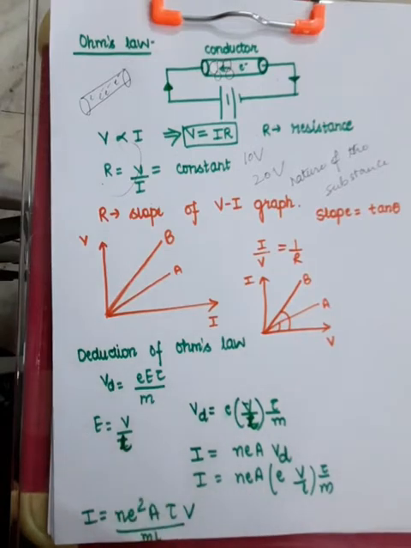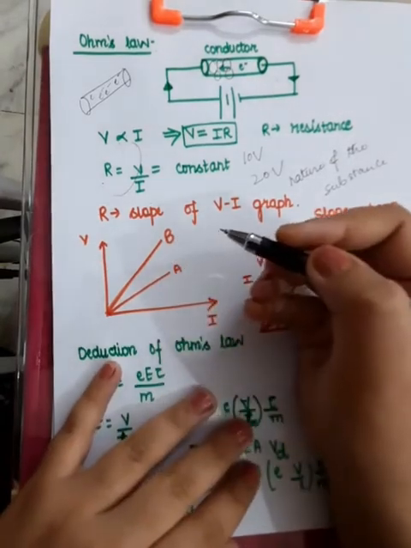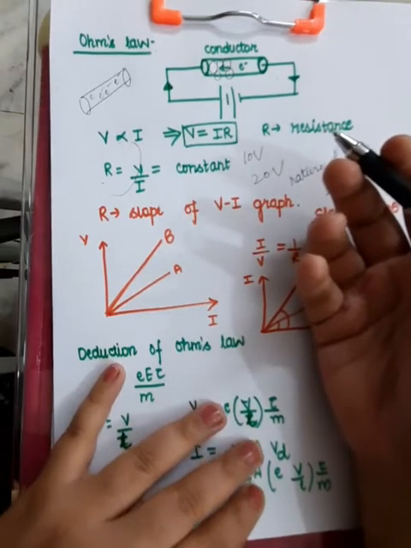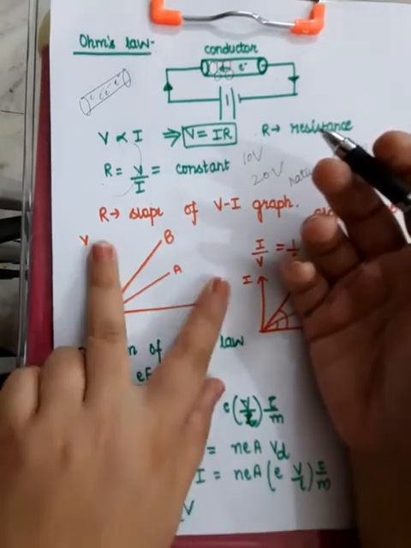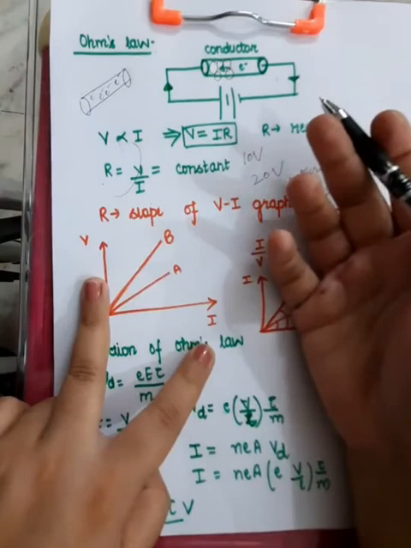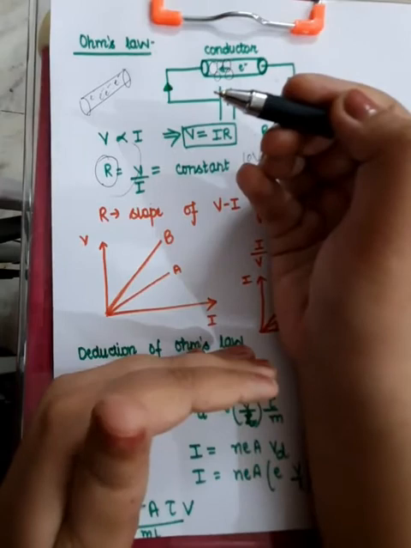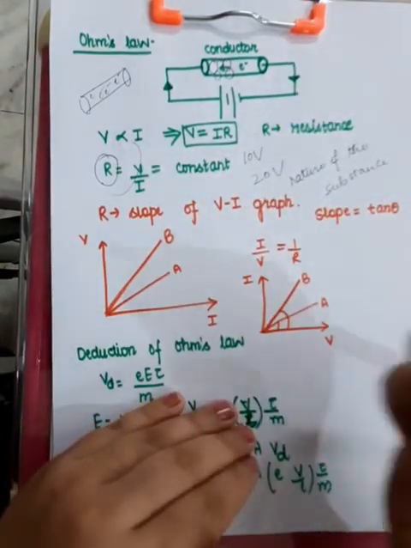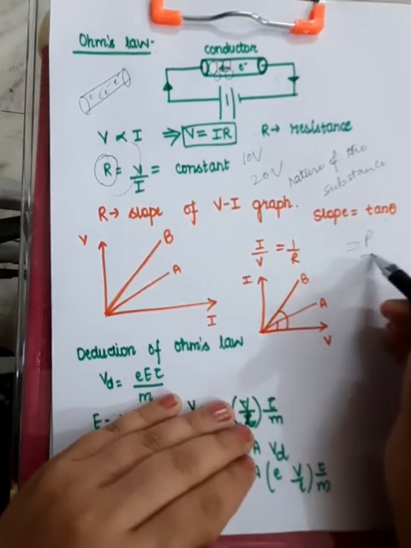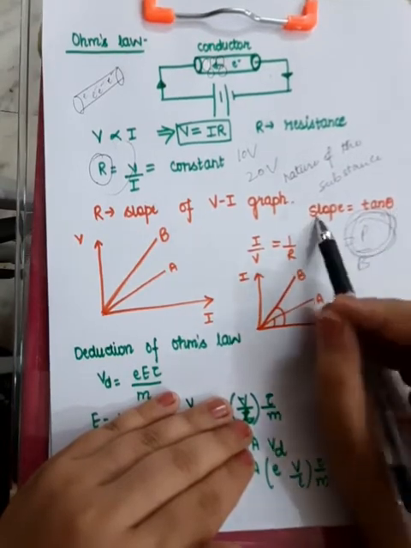Fine. So you are going to have a tricky question here. Suppose you are given 2 to 3 substances whose resistance you are required to compare from the graph. If the graph given is a VI graph, then V upon I is equal to R, which means the slope of the graph will give you resistance, because slope means y coordinate divided by x. We also know that slope is equal to tan theta, and tan theta is equal to perpendicular by base. So more perpendicular means more slope.